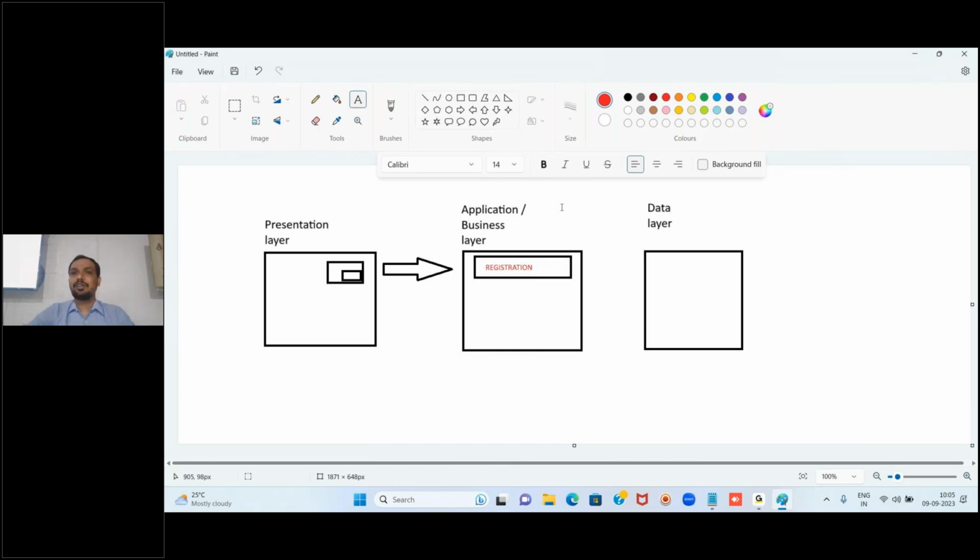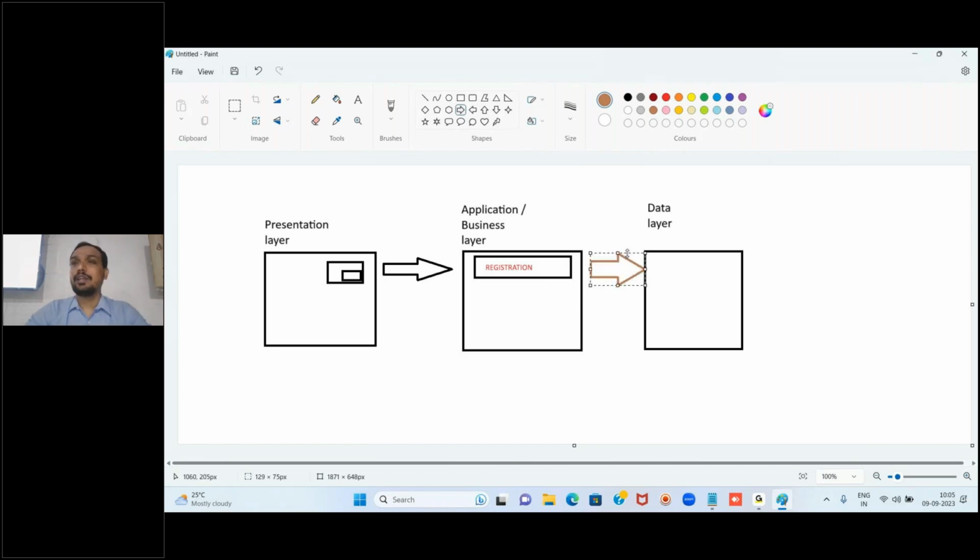What this program will do is take all the data coming from your presentation layer, whatever is filled in by the user, and if required it will pass that data to the next layer, the data layer. Here it will open the database and store that data.